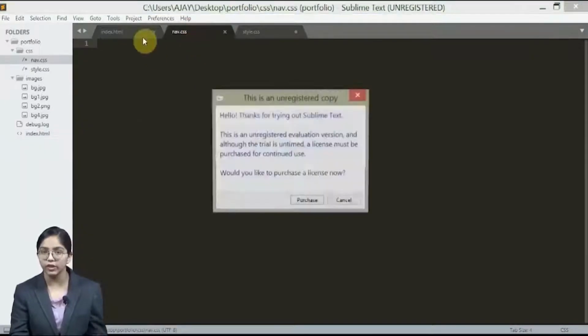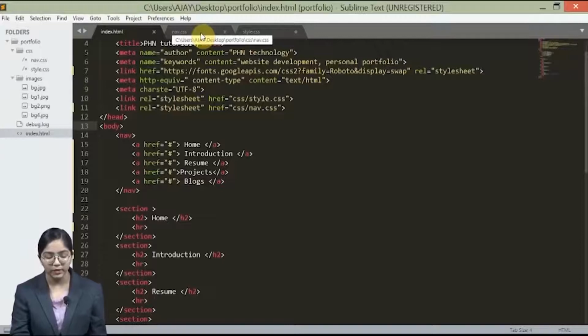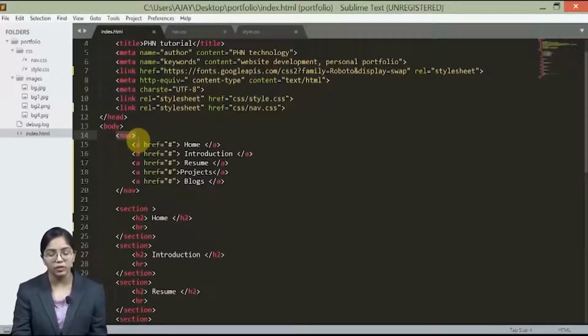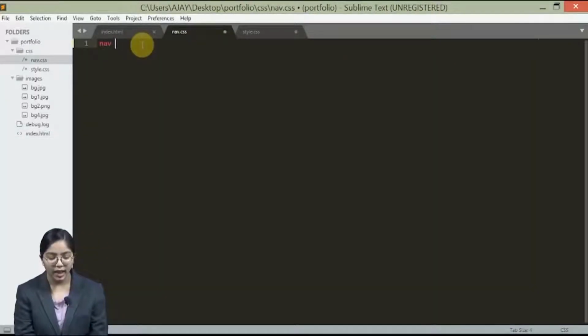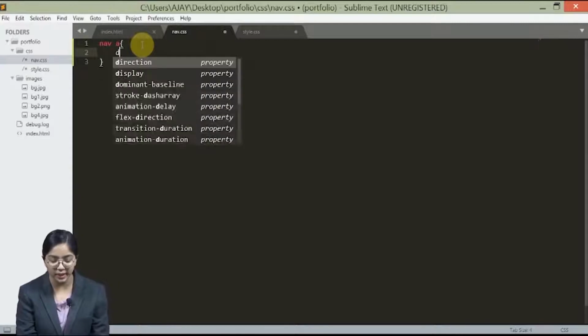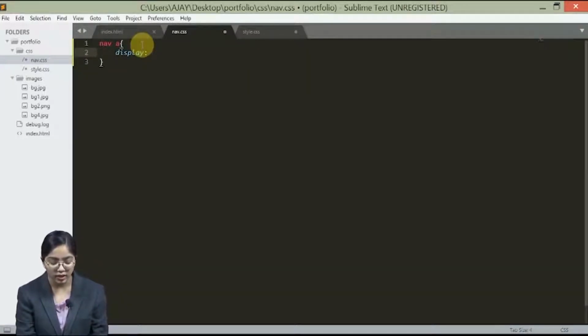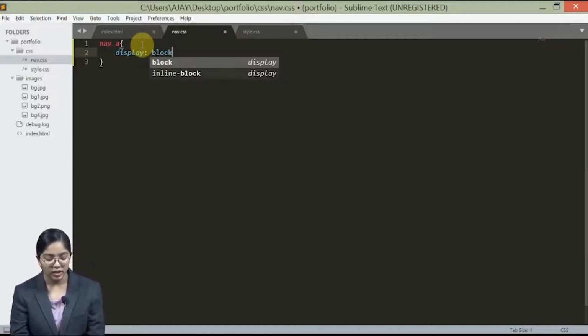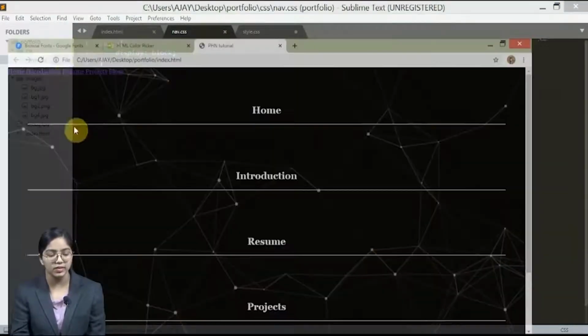So let's just first give the font and use the display block, okay? So we are going to use nav A. Now we haven't declared any kind of class in here. Since nav here plays a very vital role, we are going to use it only once in the entire document, right? So the nav here is the parent of the anchor tag. So we can use that, right? Nav A, and then we can select display for displaying it as block. Now let's just save it and see what difference it has made.